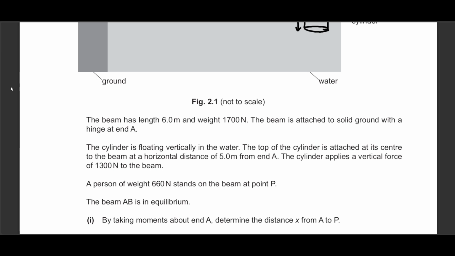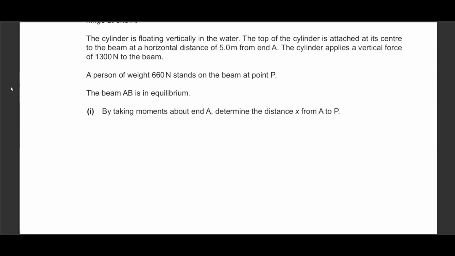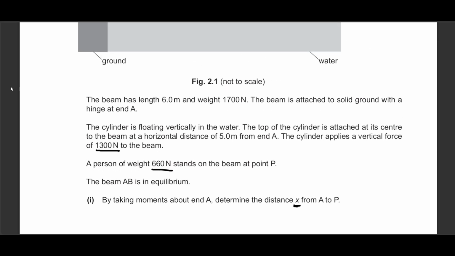What he wants you to do now is find out the distance x from pivot from A to P. Now, the weight of the person is given, the vertical force provided by the cylinder is given, and the weight of the beam is also given. Now, be advised that since this is a uniform beam and has a 1700 Newton weight,